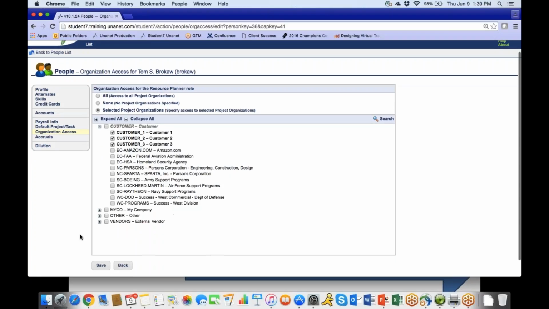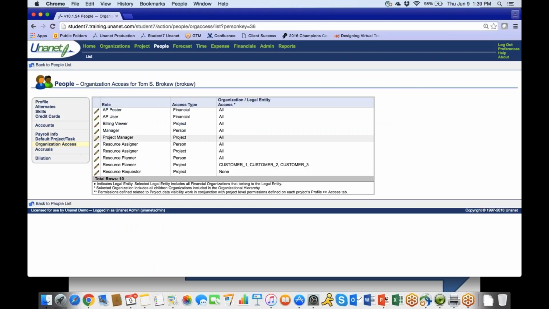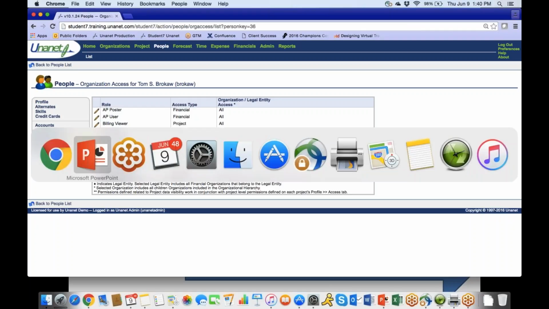We'll go with that for now, and gave access to Tom Brokaw. And if I look back again, organizational access, you can see here I've given specific access to these project organizations. In general, as a best practice, project organizations are typically customers in Unanet. So now I have the right roles and access to some people and projects to be able to plan and use that planning grid. So hopefully that makes sense. It's really important and kind of a tougher concept to really understand the roles in org access. So Unisource role and the